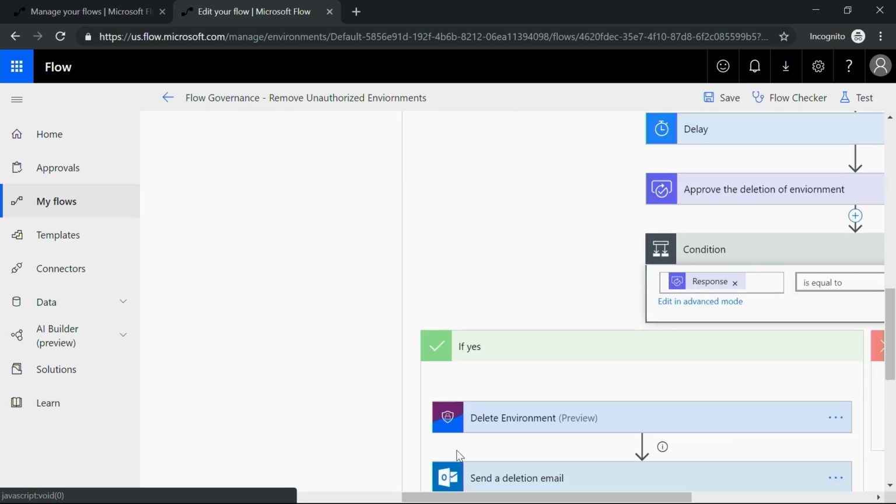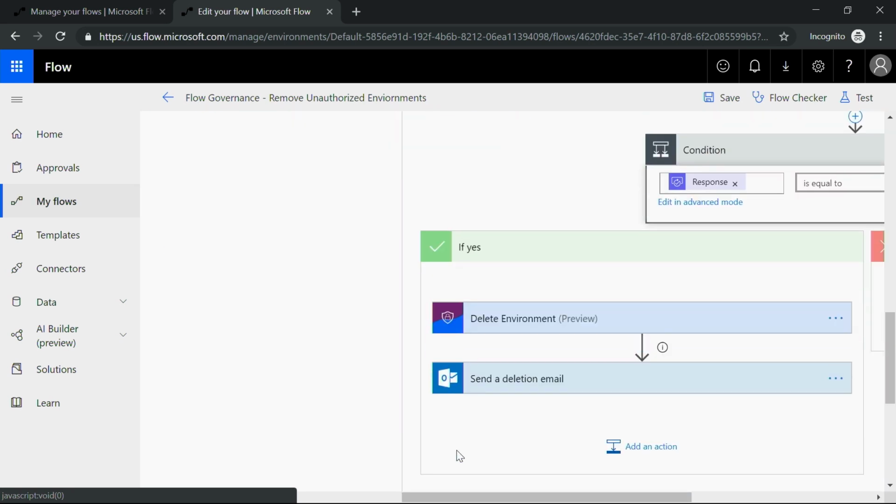So I think this is a really important feature in the sense that everyone has different governance needs, but using a combination of PowerShell, using the management connectors, using the Power Platform itself, you actually have the ability to tailor a governance story that works for you. And I think we found a right balance of using the out-of-box experiences with PowerShell and the management connectors in order to tailor the right governance story for us.